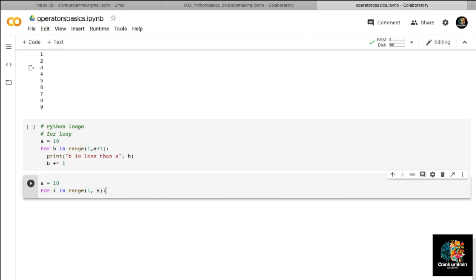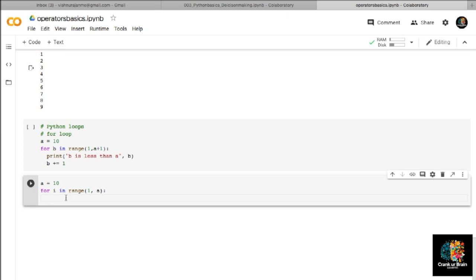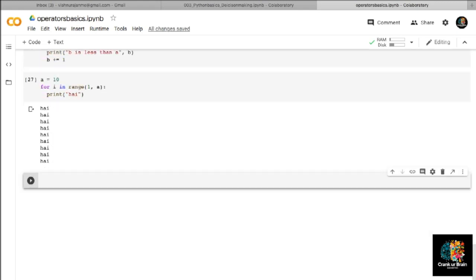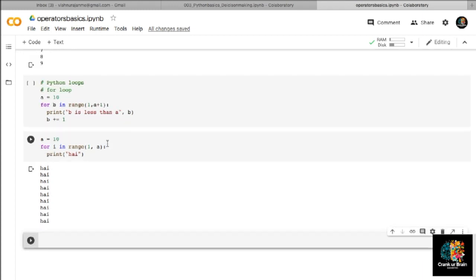Again, just like all our statements, here also the indenting has to be there, and here I will be printing just one higher. Yeah, that's it. It has to work, and I think it will be getting printed for 9 number of times. 1, 2, 3, 4, 5, 6, 7, 8 and 9. Yeah, it worked perfectly. Okay.